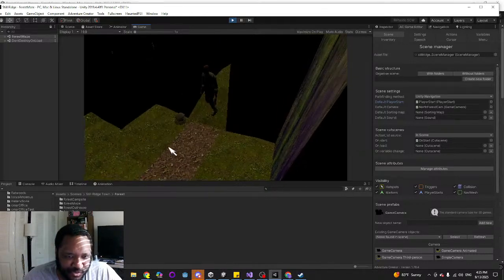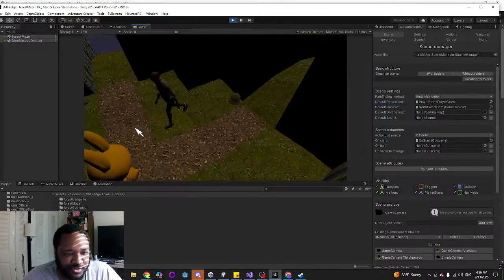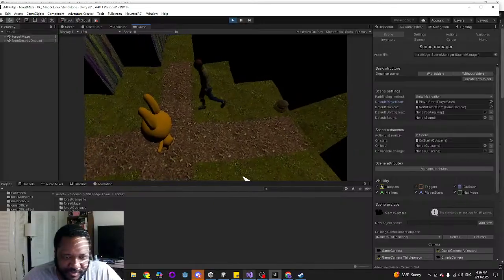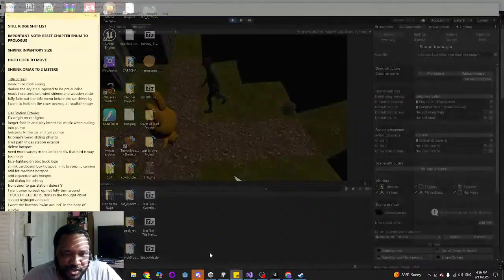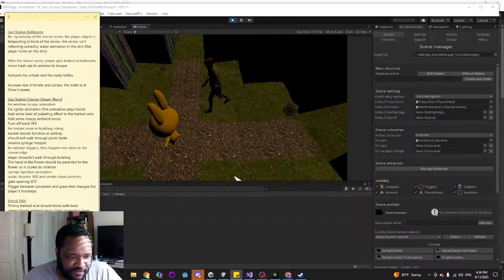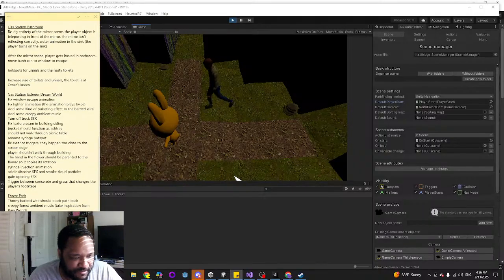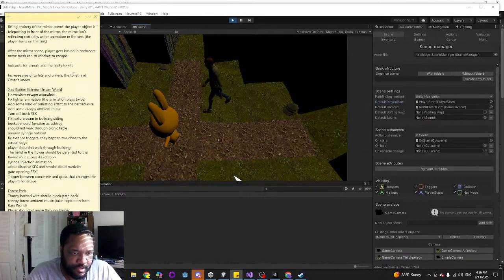Okay, so now this is weird. I just need to rebake the lighting in this scene. So when you go deeper in the forest, this is what I call the forest maze. I need to rebake the lighting.